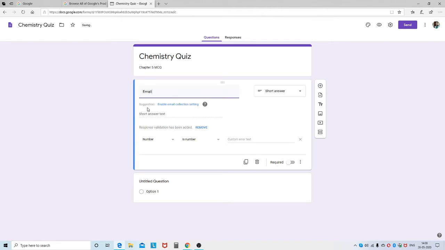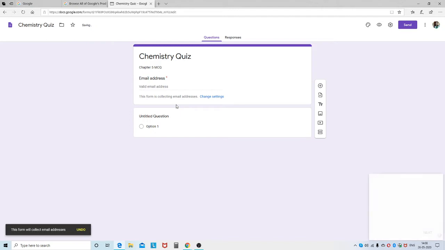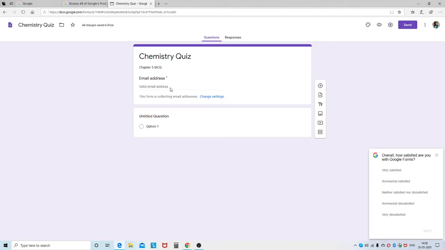Here immediately it will ask to enable email collection settings. If we definitely want this, you just click it. It will enable the email address. So here they can type their valid email address.